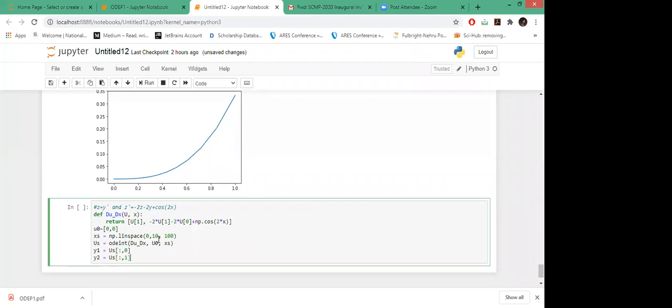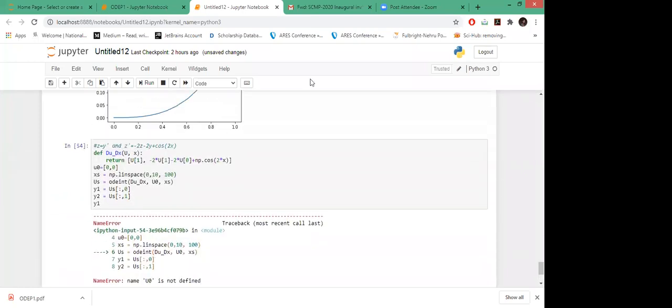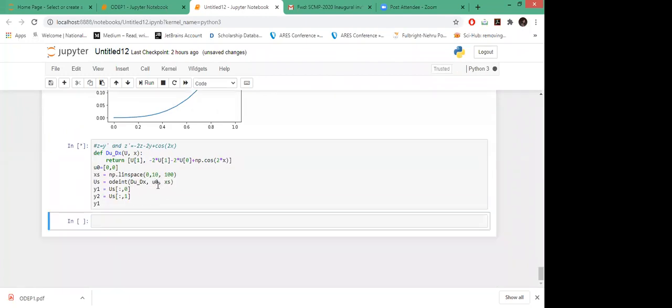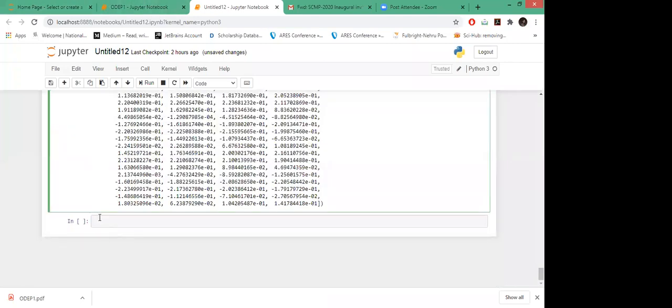Let us just see how the solution looks. These are again the points corresponding to this solution, and y2 similarly will have its points. Same thing, we can see the plotting for this.